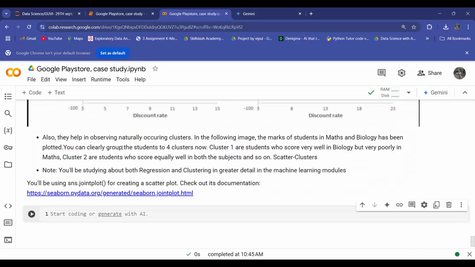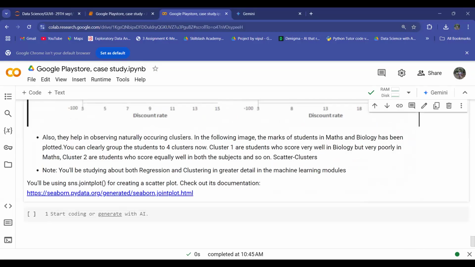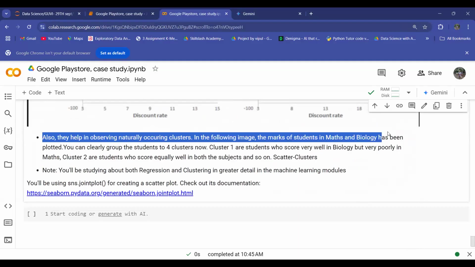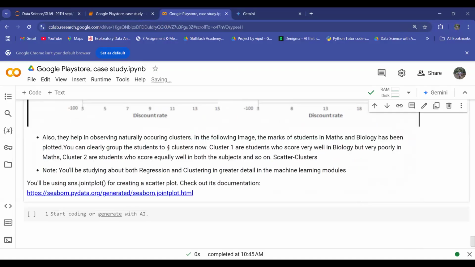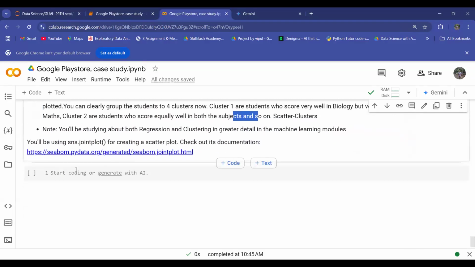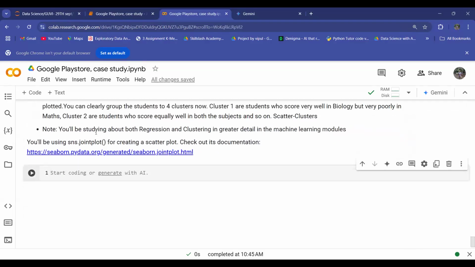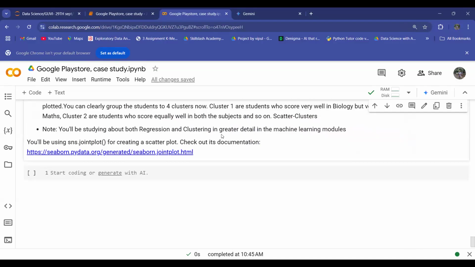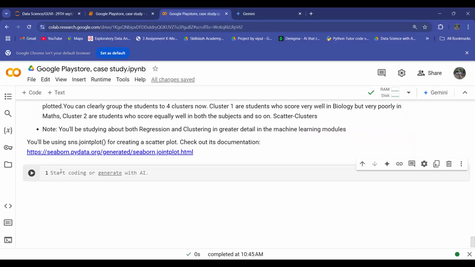And they'll help you in observing naturally occurring clusters. In the following image, the marks of students in maths and biology have been plotted, and you can clearly group the students into four clusters. Cluster 1 are students who score very well in biology but very poorly in math. Cluster 2 are students who score equally well in both subjects and so on. We'll be studying both regression and clustering in greater detail in the machine learning modules, whenever we start machine learning. But at this point of time, you should only know how we plot the scatter plot and how we plot the